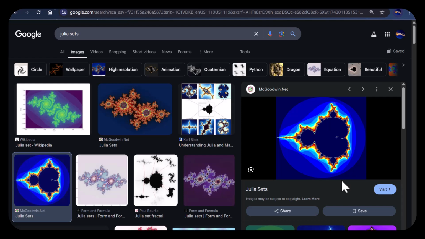Oddly enough, if you actually zoom in on the boundary of that picture, it keeps repeating the same pattern. So you can have two guesses that are arbitrarily close to each other, but they go to different places. So even with deterministic systems where you actually know where things are going,